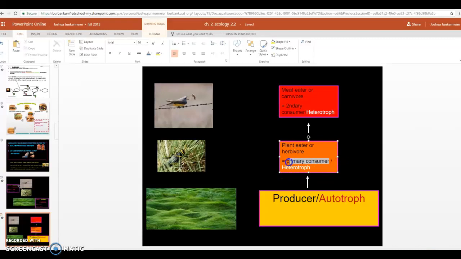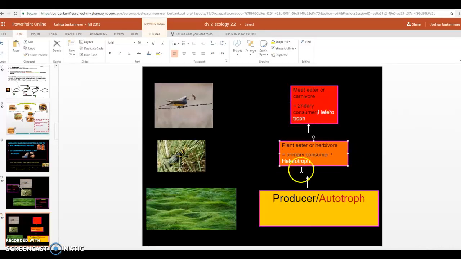This word right here is very important. We're going to use this word a lot. Primary consumers are the organisms like this grasshopper that eats plants. So things that eat plants we call primary consumers. So you would copy this box down and whatever's in it. But you would show this box above this one, just like you see in the picture, with the arrow connecting it. And then we would show another arrow leading up to this final box. And what I need to do is make this box look a little smaller. I think I've done that. That looks better. All right. And you can see it kind of makes the pyramid shape.